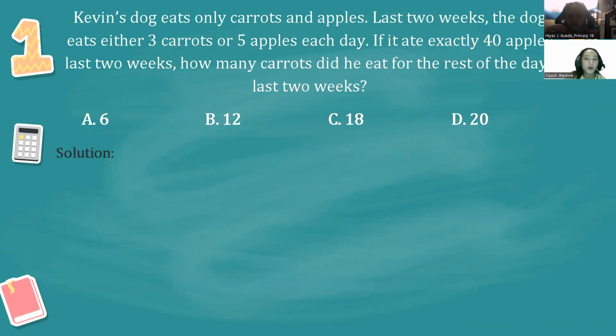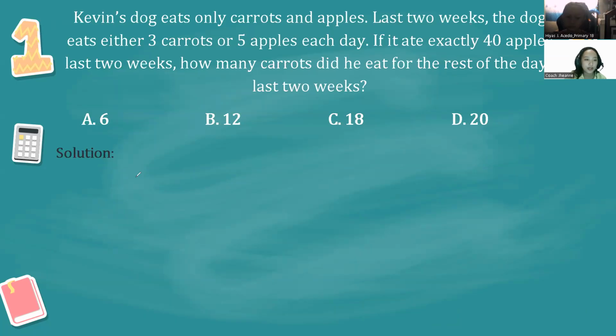Kevin's dog eats only carrots and apples. Last 2 weeks, the dog ate either 3 carrots or 5 apples each day. If it ate exactly 40 apples last 2 weeks, how many carrots did he eat for the rest of the days last 2 weeks? So for this problem,